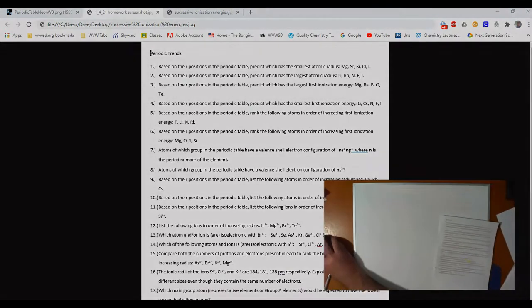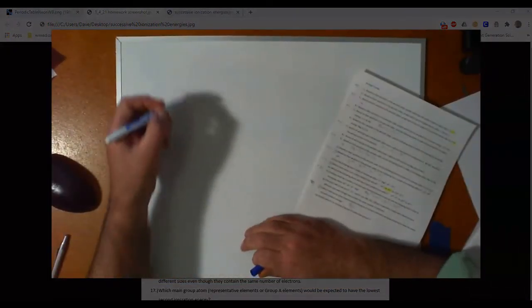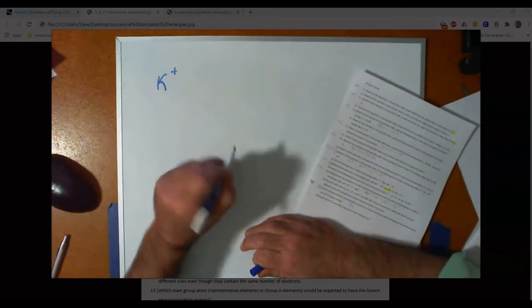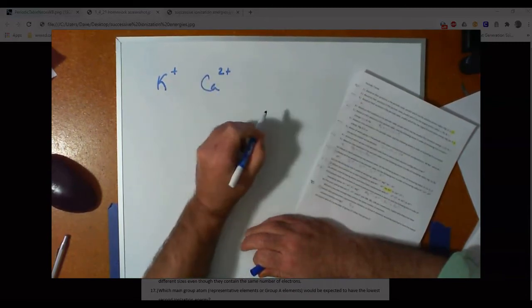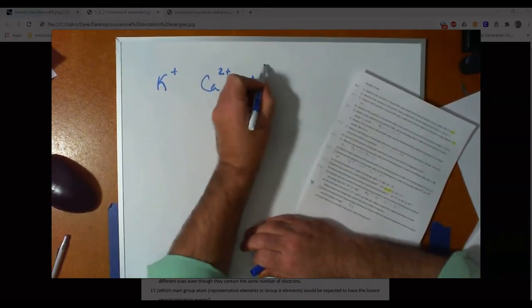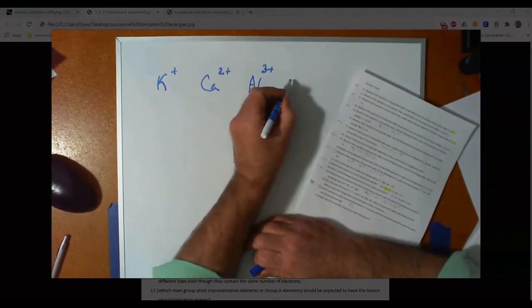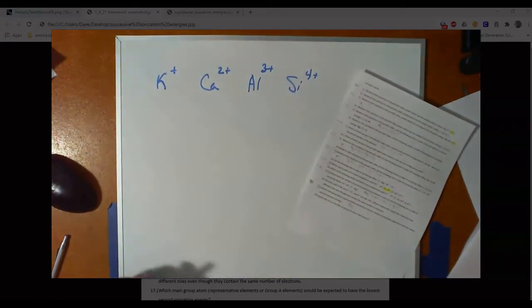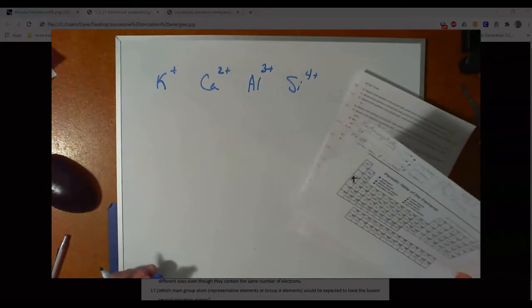Now let's go ahead and bring this up here. And we're talking about a potassium +1. I could just write it as plus. Calcium 2+. Aluminum 3+, and silicon 4+. All right. Now,